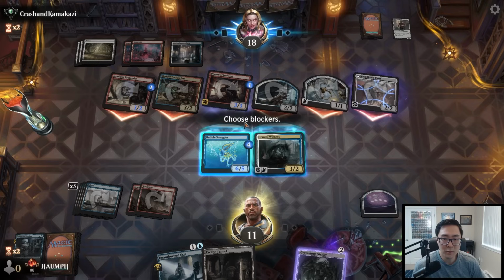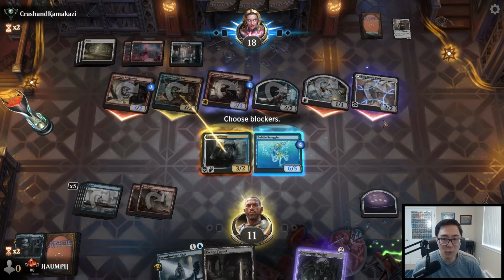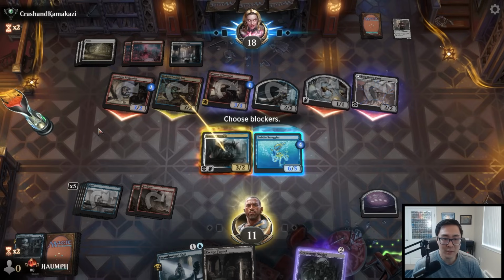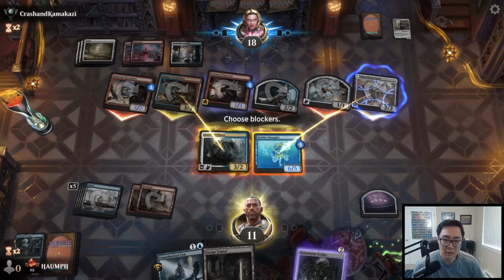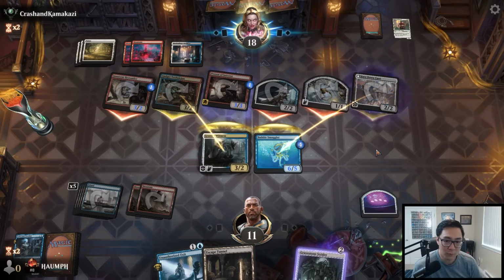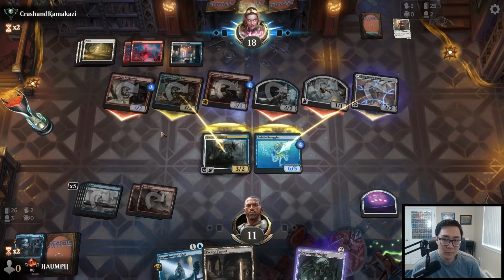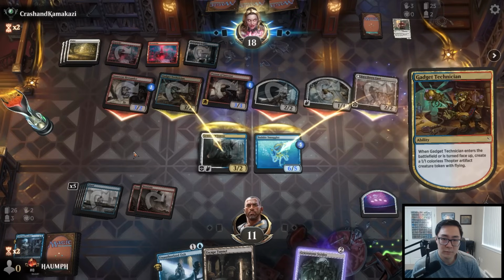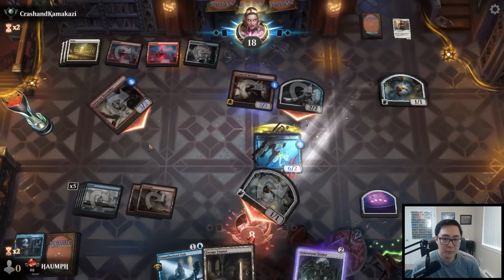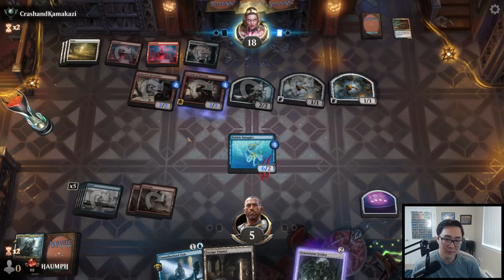No, that's not where I want to block. Okay, well, let's block here. And 3, 4, 5, 6 plus 4. Okay. 3, 4, 5, 6, 7, 8, 9, 10. I mean, if they have On the Job, I guess we die. I think I just have to block the face down creature. If this is Crowd Control Warden, Rift Burst Hellion, like, we die all kinds of different ways. Gadget Technician. Okay. I guess not dead yet, but I mean...